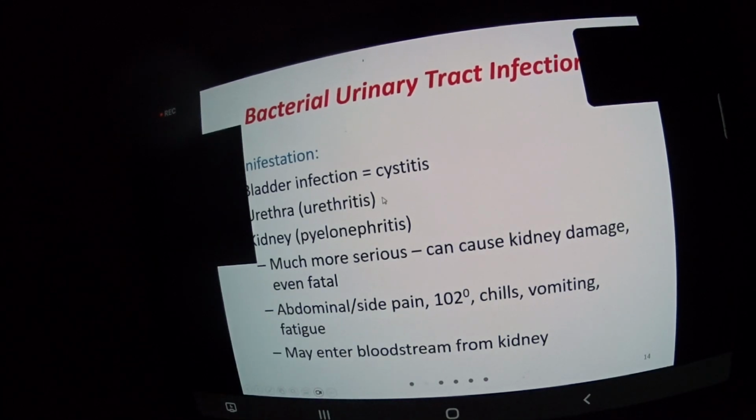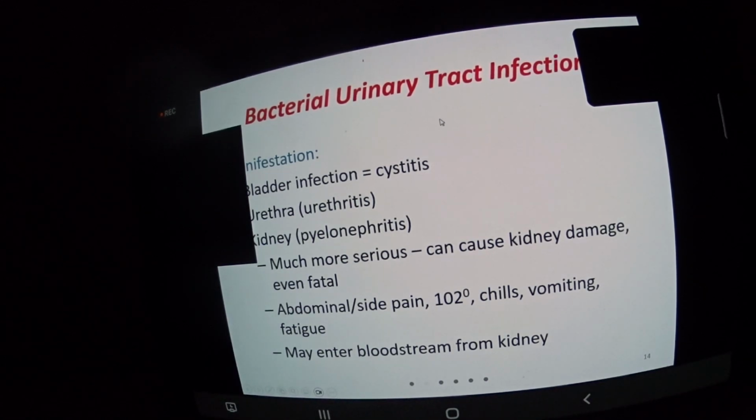If it progresses, and if it's not taken care of, it can progress to kidney infections, and then obviously the signs and symptoms become much more severe: fever, pain in the back and the sides where the kidneys are, definitely blood in the urine. And if it again progresses, kidneys can get damaged. From the kidney it can get to the blood and become systemic. So all of those possibilities. So it's very important to take care of it.